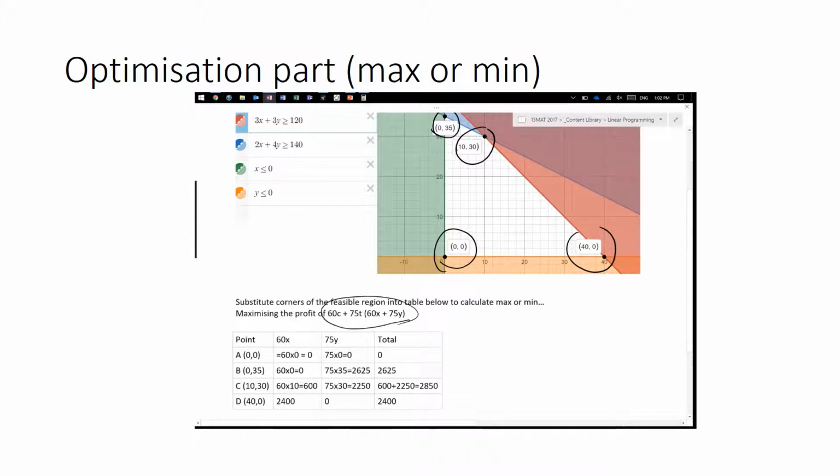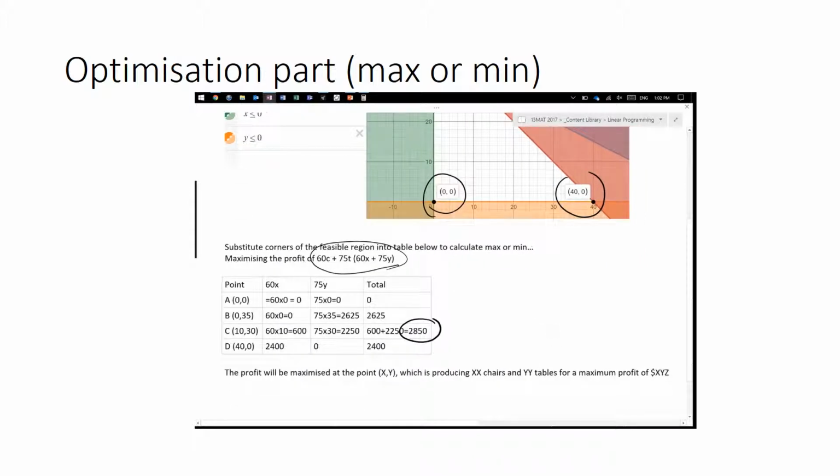Point C. The profit will be maximised at point 10, 30, which is producing 10 chairs, 30 tables for a maximum profit of